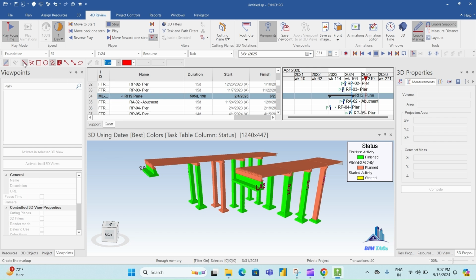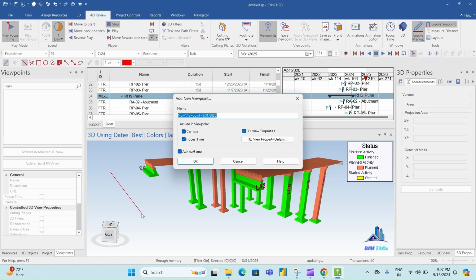So click on line markup, then you need to save a new viewpoints. Okay,